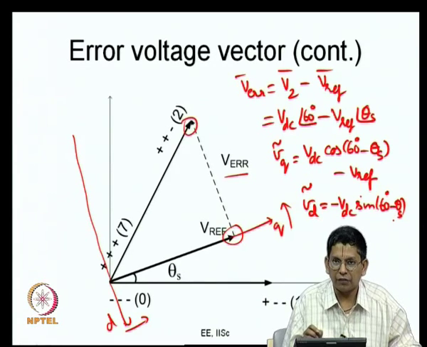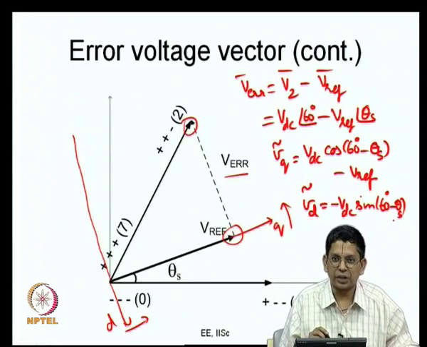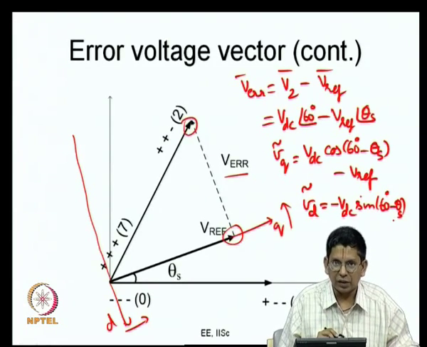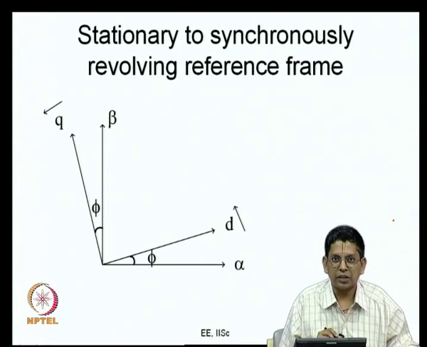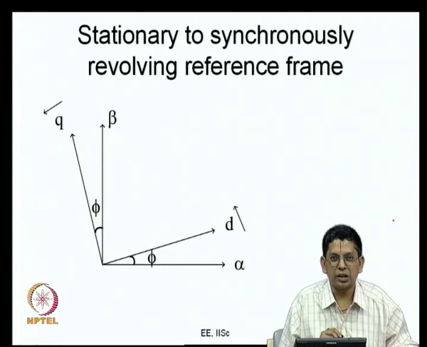So, you have VQ tilde and VD tilde. We did this in the last class also. I am just having a quick recap on that, because what we are going to do is integrate these vectors, and that is going to be the stator flux ripple vector, which is a measure of the current ripple vector. So, let us get going with that. This is the stator flux ripple vector, and I have done this in the stationary to synchronously rotating reference frame.